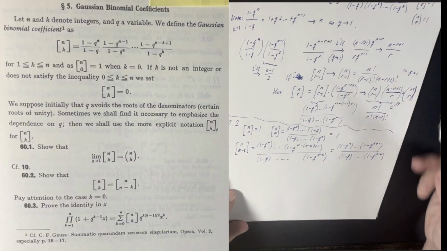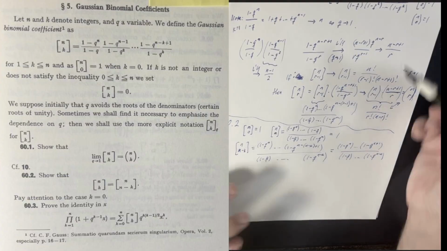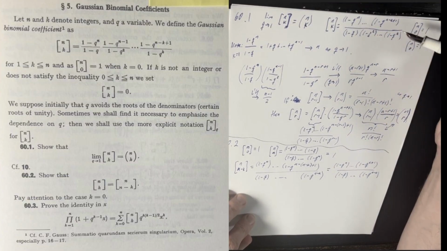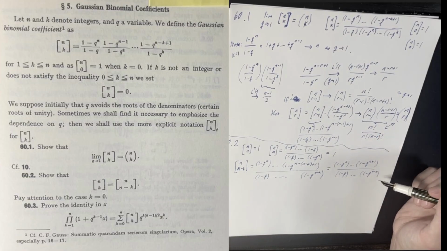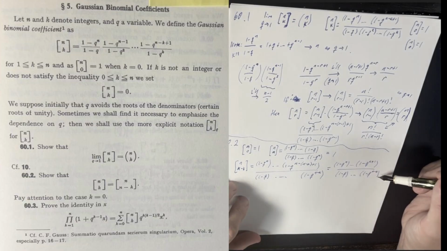You know, I'm pretty sure if we're just careful with this, you can see that the stuff cancels and gives you the same formula that we started with. So if k is less than n,